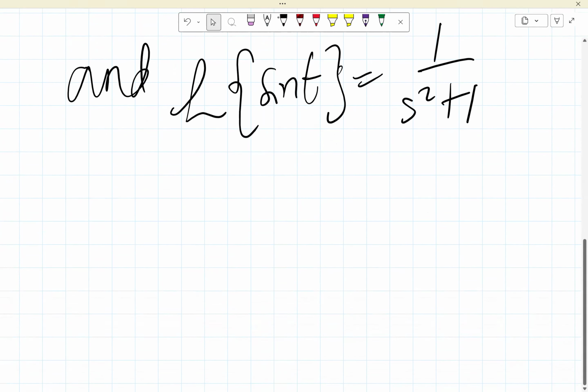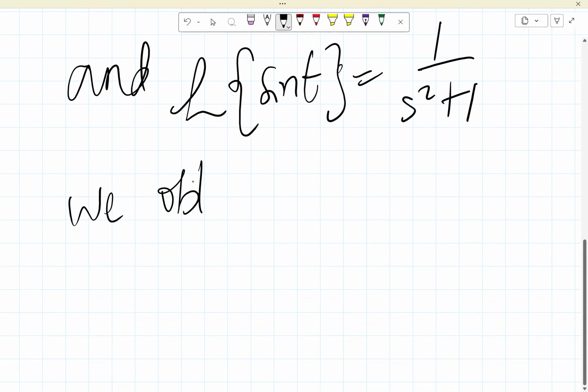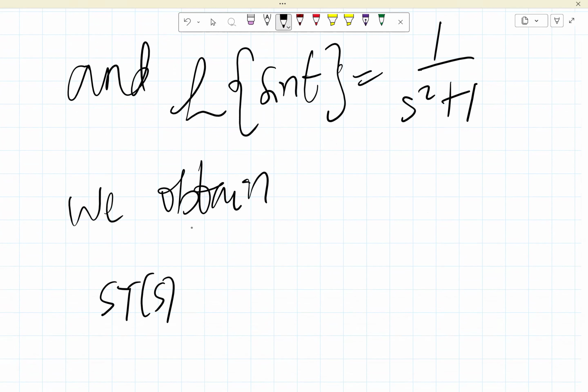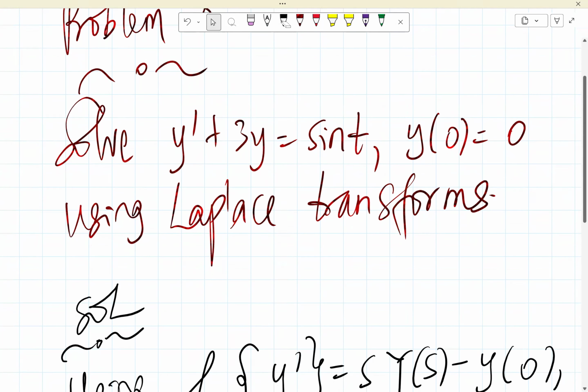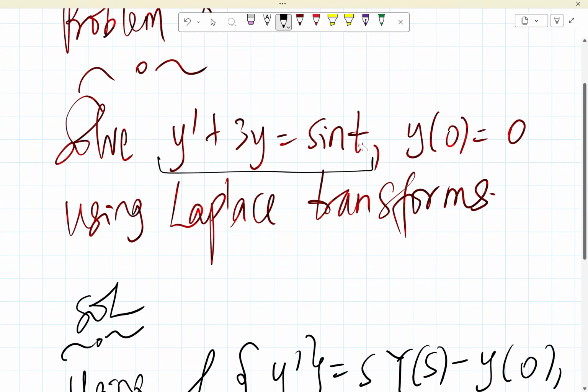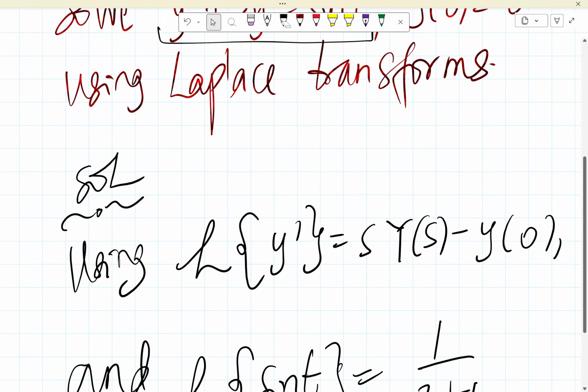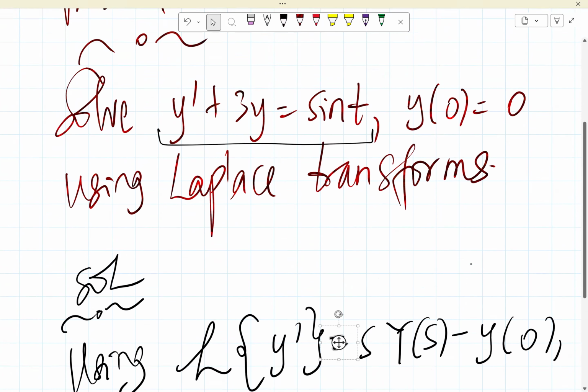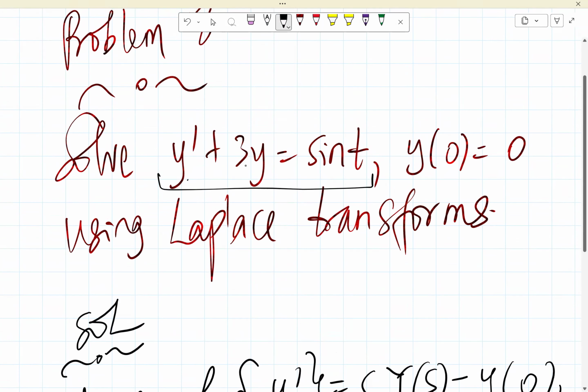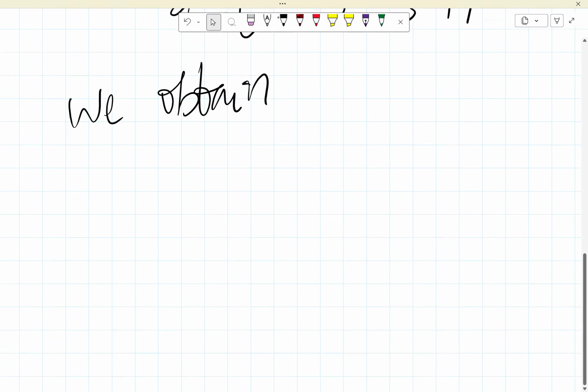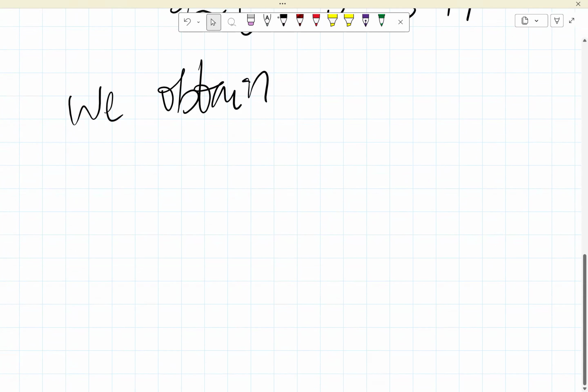Then we obtain s Y of s. Don't forget, this is what we have: y prime plus 3y equals sine t. So the Laplace transform of y prime is s Y of s minus y of 0. That's going to replace this. Then we have 3y, this y doesn't change, that will just be Y of s. The Laplace transform of 3y is 3 Y of s, and then sine t is 1 over s squared plus 1. So with all that, we obtain that